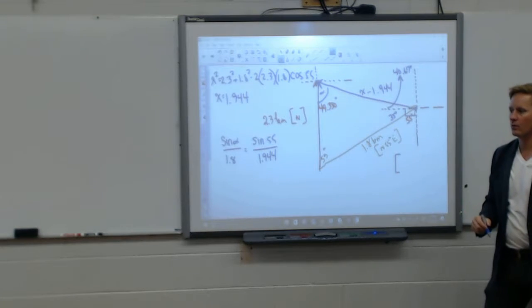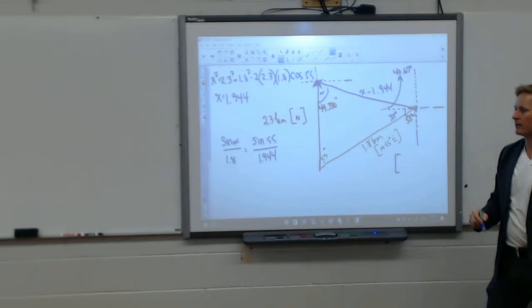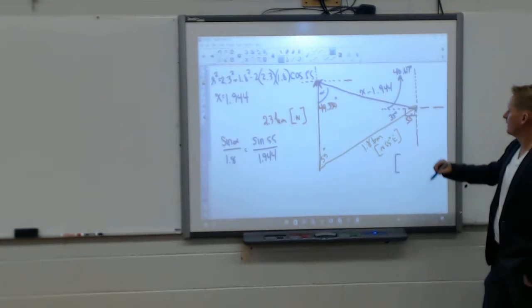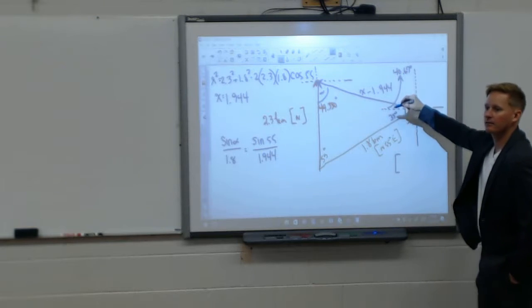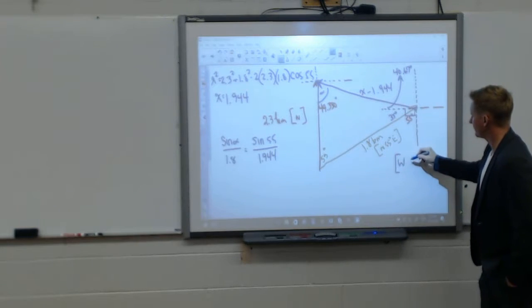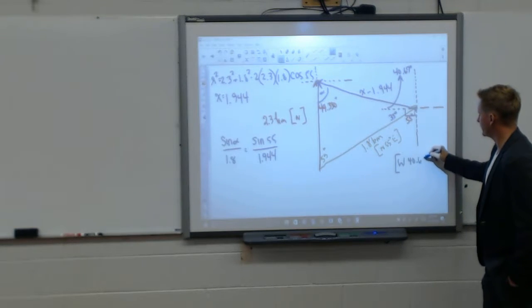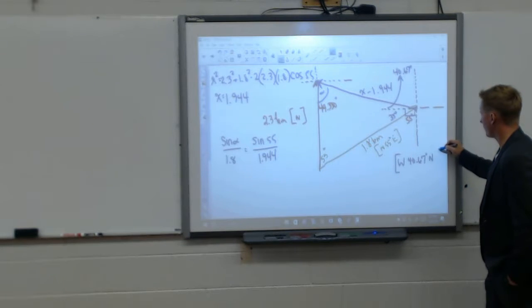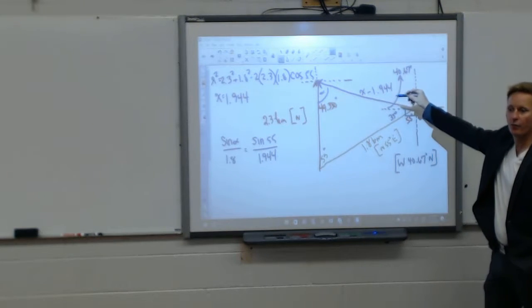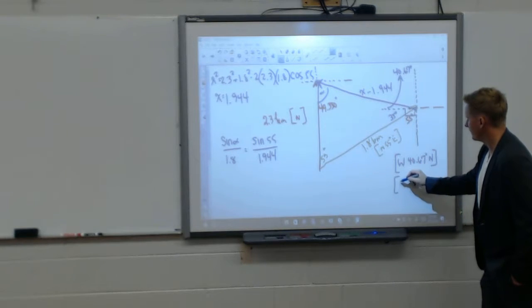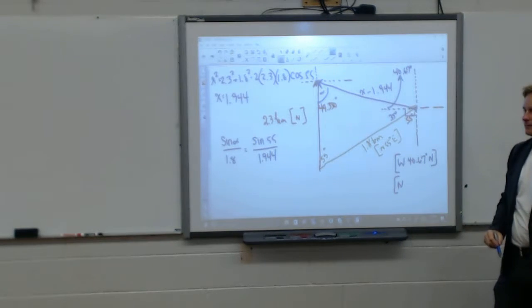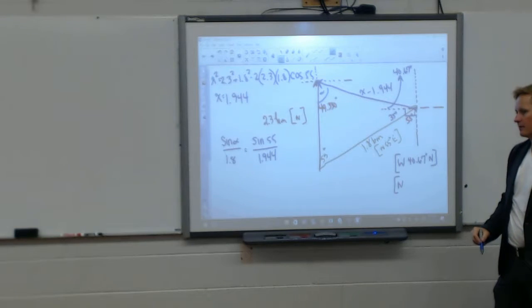No, no. Think that through. North, 40.67 west is that. So it'd be west, West, 40.67 north? 40.67 degrees north and 1.944 kilometers, right? Or north what? 75.67? No, because isn't that the,